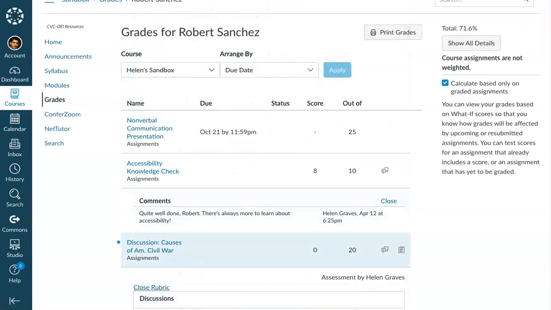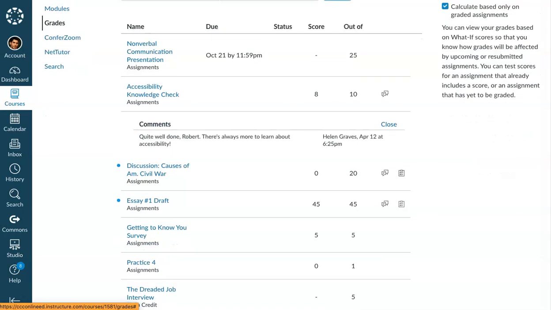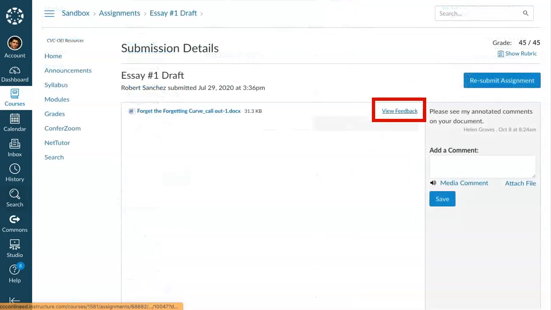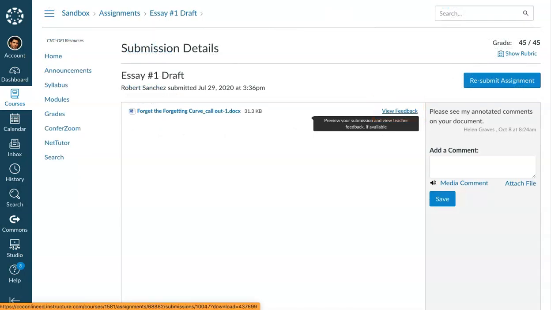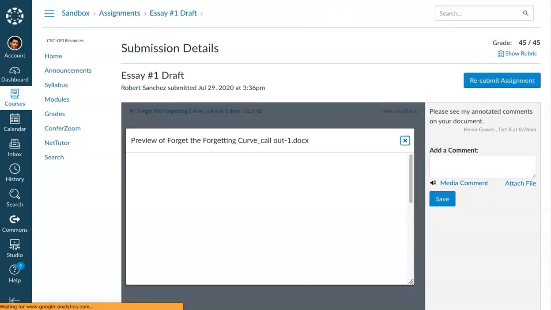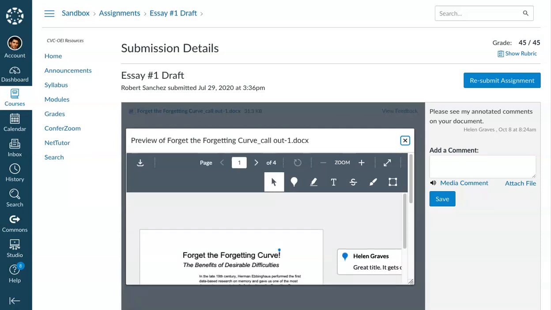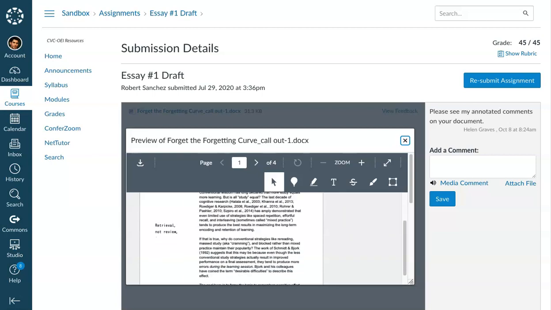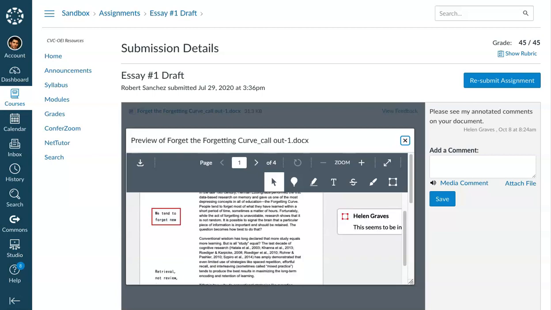What they won't see or even know about is the annotated feedback on a document submission. They have to click into the assignment and then click the very small View Feedback link in the corner in order to see the feedback you've given. It's not particularly intuitive, so you can see why lots of students would miss out on the annotated feedback. As I said, to make sure they're seeing it, I tell students right in the comment field so that that's what they're reading when they're looking at their grade, and they know how to go in and look at all of the annotated comments that I made.